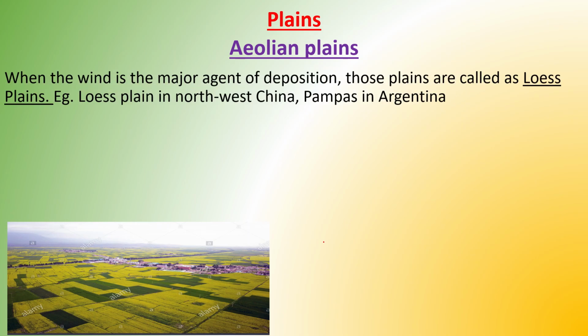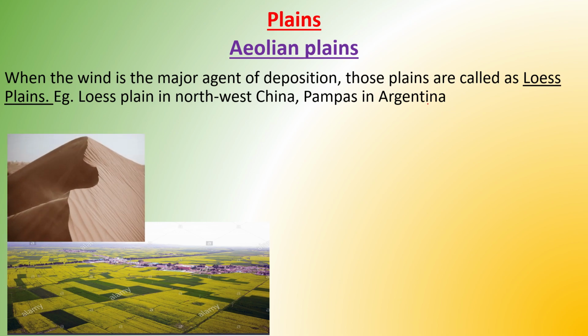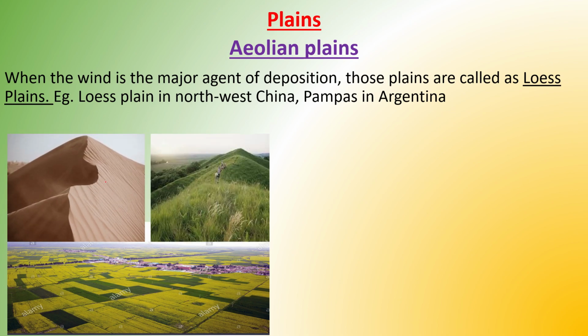Aeolian plains. When the wind is the major agent of deposition, those plains are called loess plains. For example, the loess plain in northwest China, and the Pampas in Argentina. Here you can see, we know wind is the main agent for deposition, and these deposited sands over millions of years get accumulated, and after that this fine sand or silt is forming the loess